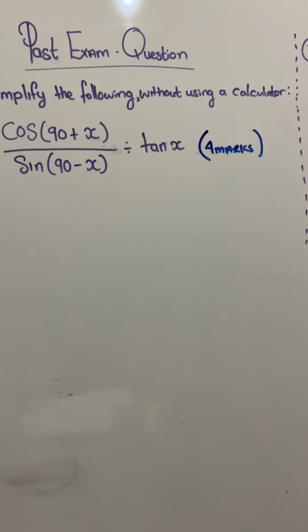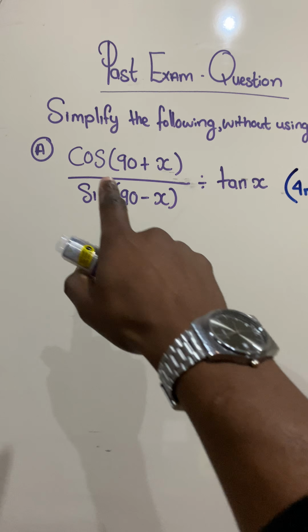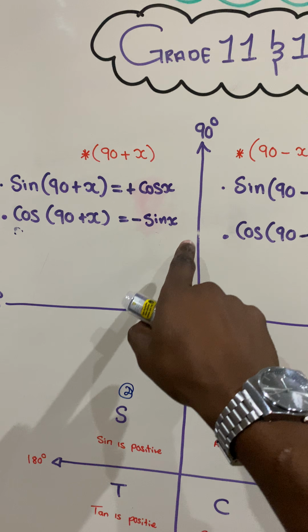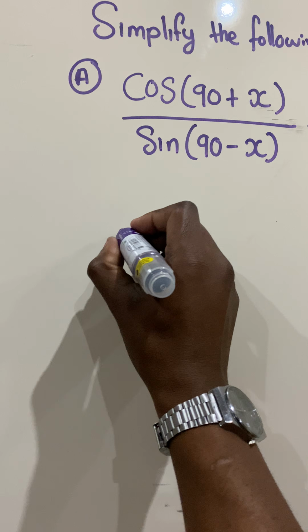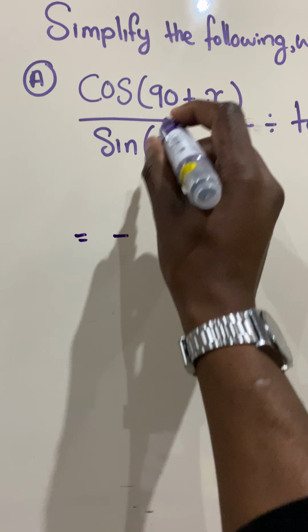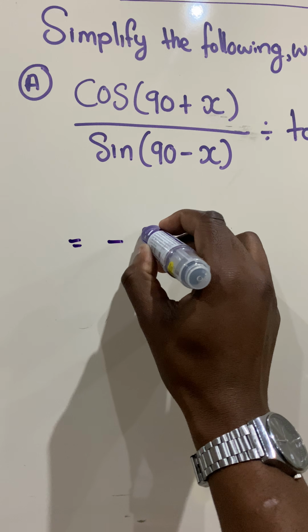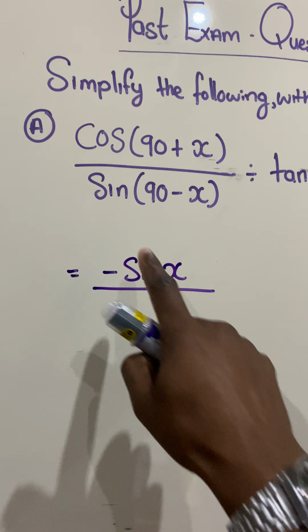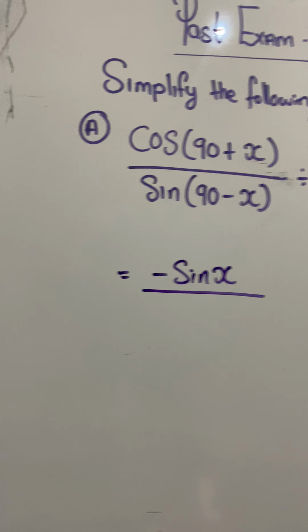And for an easy 4-mark question, let's answer the following. Here we have cos of 90 plus x. We know cos of 90 plus x is going to be equal to negative sin x. So the top numerator becomes negative sin x. Easy mark. Sin of minus x